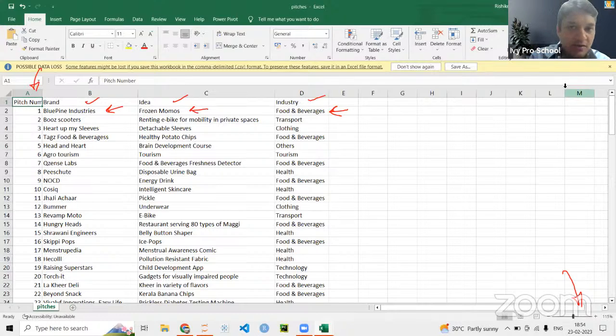So if you notice here, the pitches table has some data about the pitches, and the episode table also has some data about the pitches as well as about the investors, right? So the common column between these two tables is what? The common column between the episode table